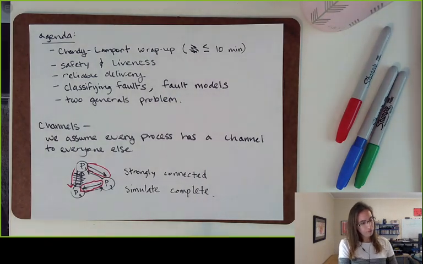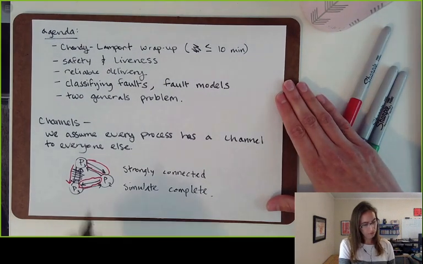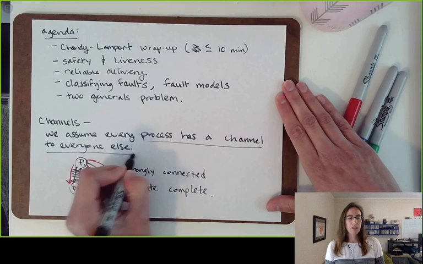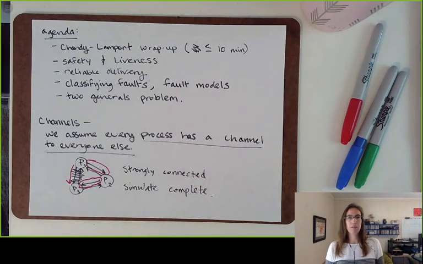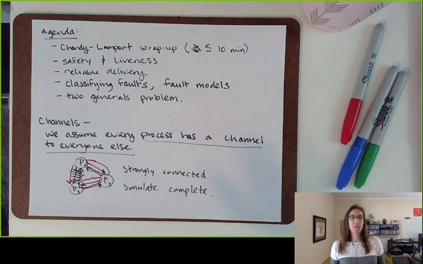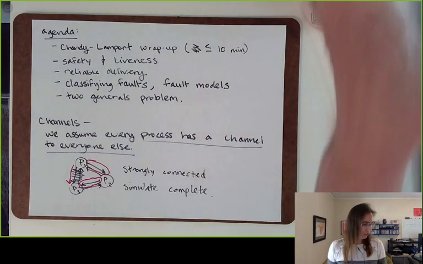But I think there was a little bit of confusion about this fact. I think maybe people were thinking that a channel is something that's set up by sending a message through it. But you shouldn't think of a channel that way. A channel is like a road that cars may or may not drive on. But the road exists whether or not the cars are driving on it. Any questions about that?